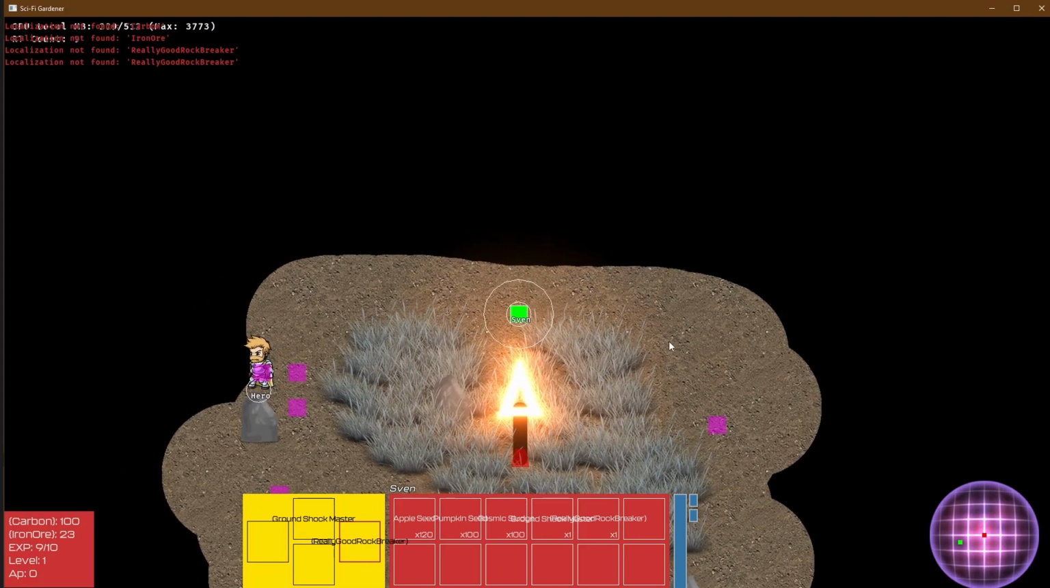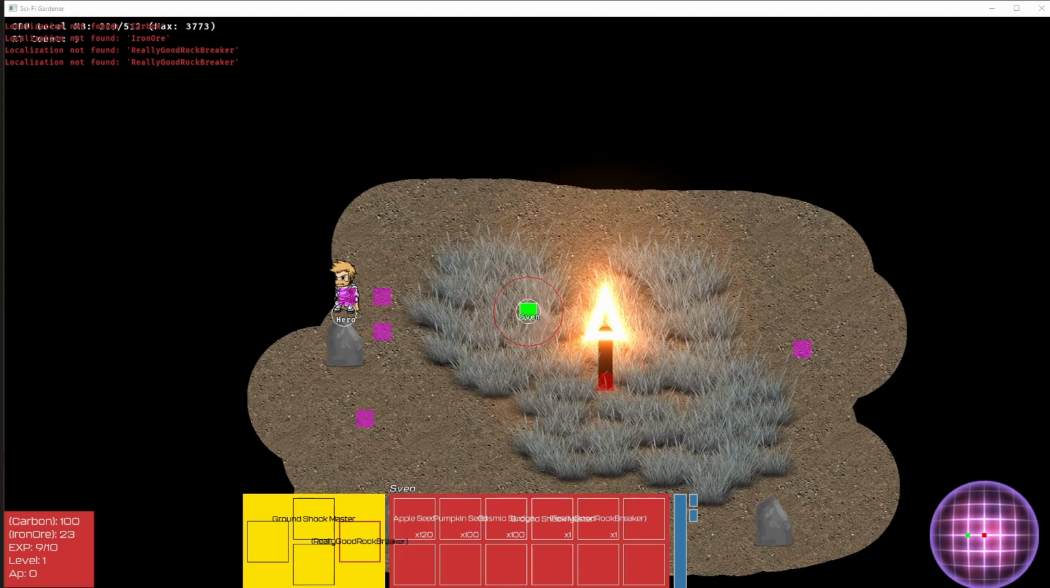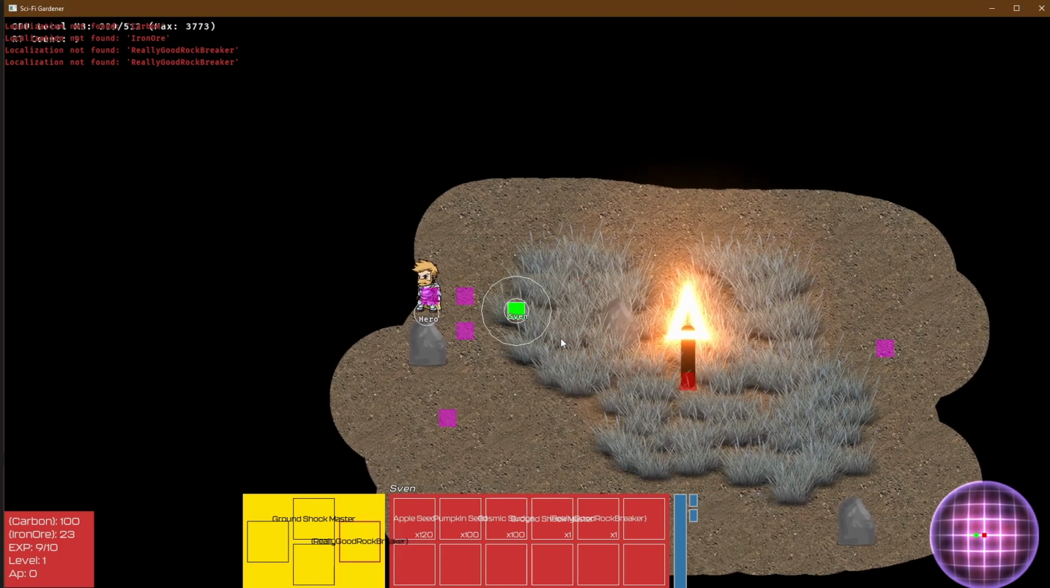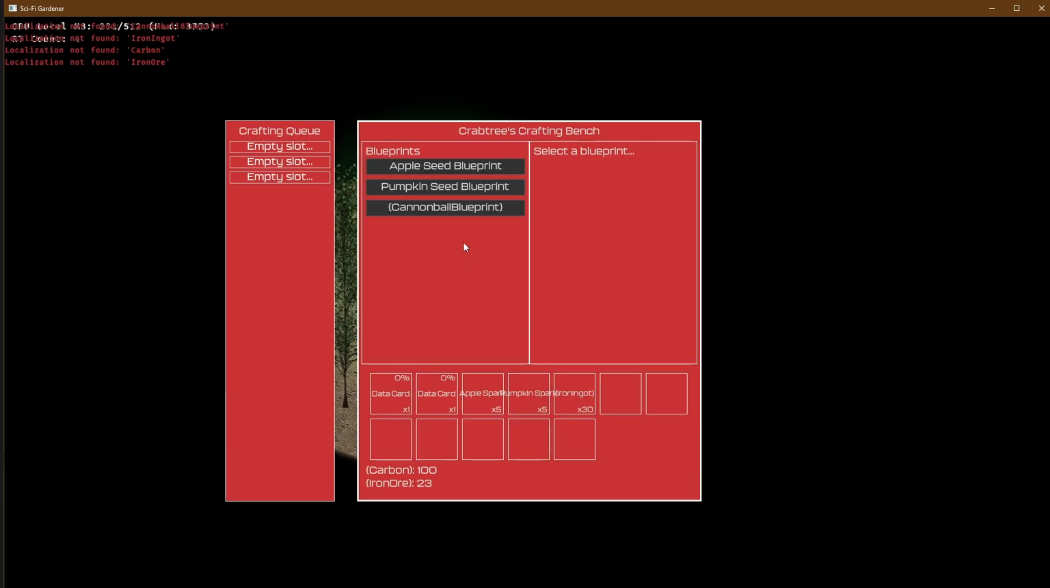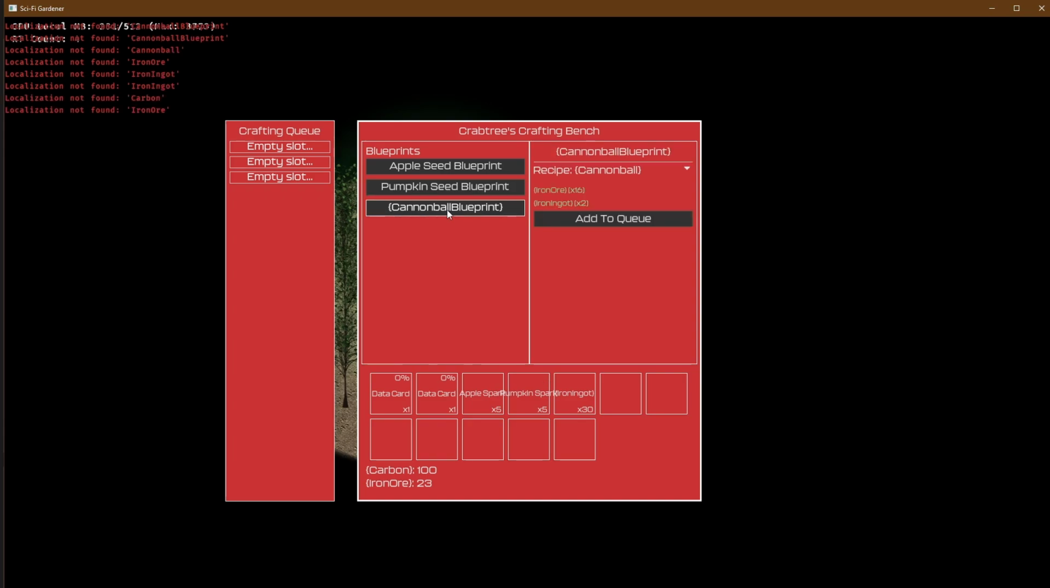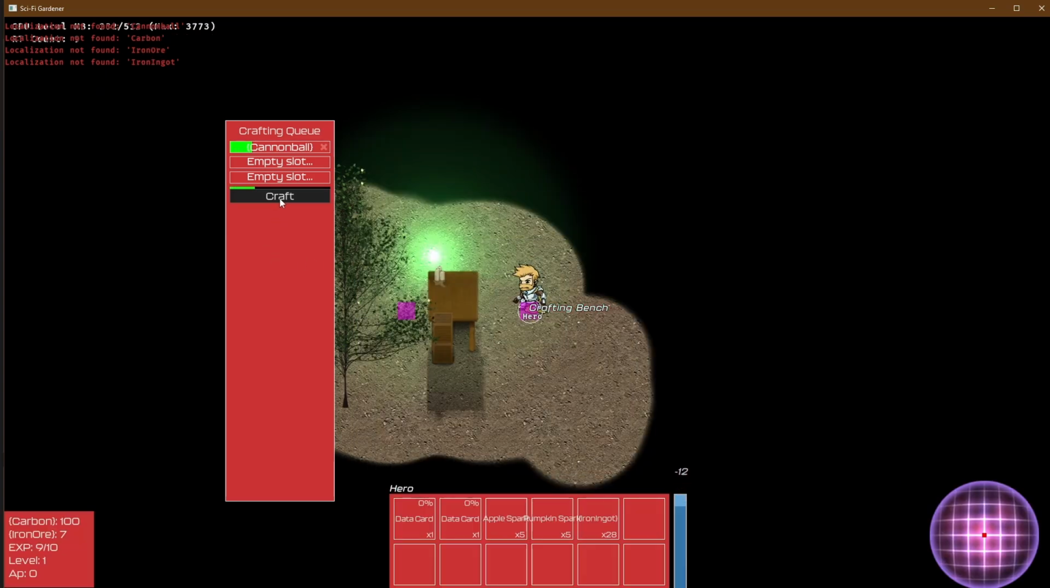The reason that I wanted iron ore in the game is because it's going to be used as a common resource for crafting. So if I go over to the crafting bench here, which I demonstrated in last week's video, we can open it and we can see there's a cannonball blueprint. In particular, cannonball blueprints use this iron ore that I collected from the rock. So if we add that to the queue now, we can press craft,